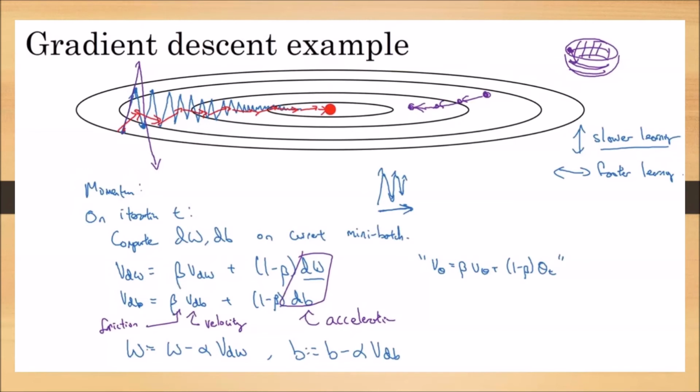Just for the analogy, we discussed acceleration, velocity and friction. But in reality, here we are using this for finding the minimum value of the cost function. This will directly find the W and B values for the minimum value of the cost function with a very low number of iterations compared to our conventional gradient descent. This is the advantage of gradient descent with momentum.